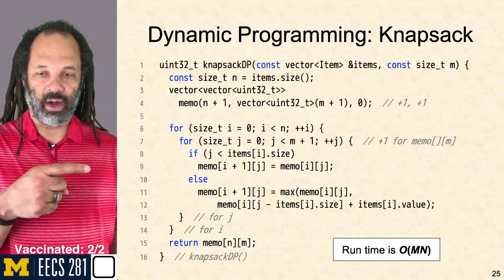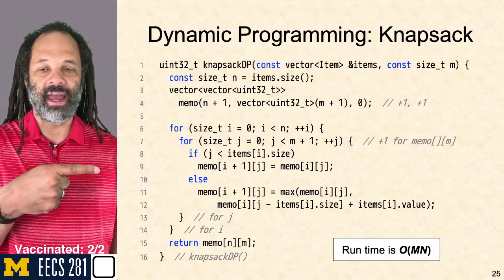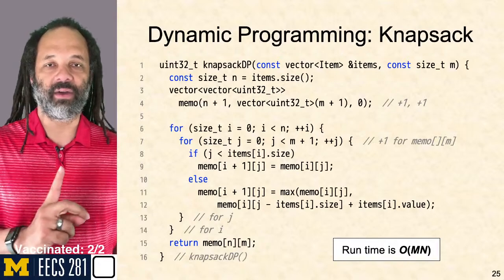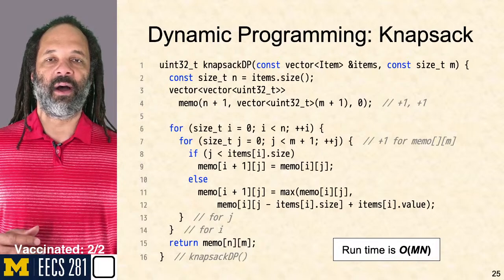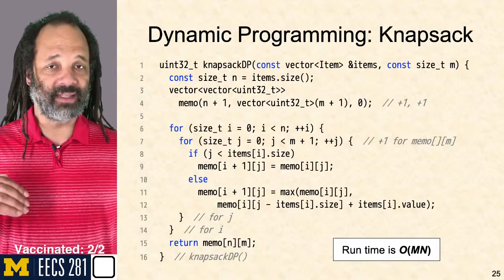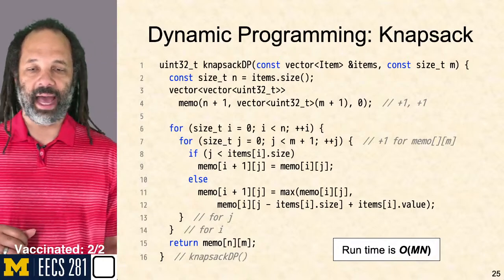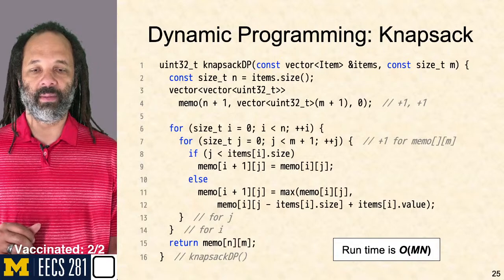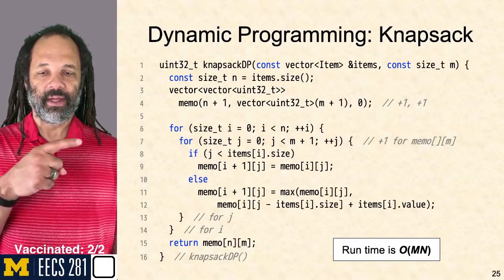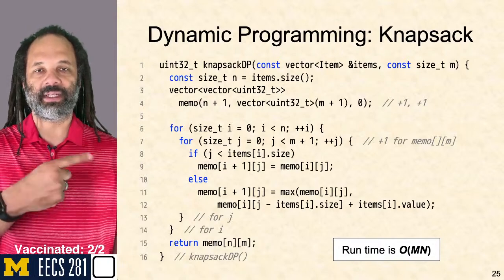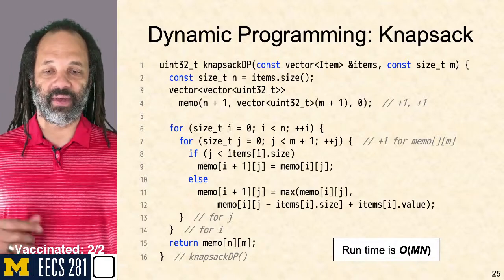So that's where in line 9 it says if j is less than this item's size, then at this location just write the value directly above it. Write the value from this size bag without this newest item. So that's what the i plus 1 is: this is the newest item, and the i is without this newest item. If the item doesn't fit, then obviously we're just going to take the value of this bag as we already have done it. If it does fit,